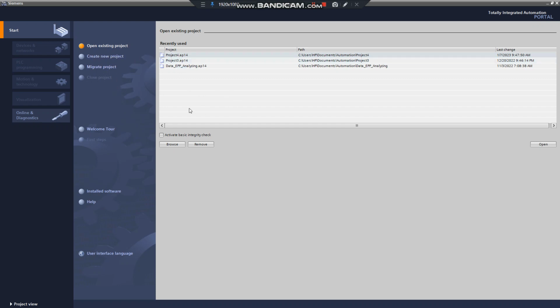When we open TIA Portal, the first screen is like this. You know that there is some information. Just here we can open an existing project saved on our computer. In this area we can create a new project, and in this area we can migrate any project. Also in this area, the online diagnostics area, we can